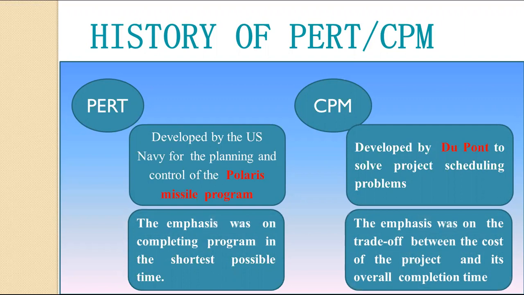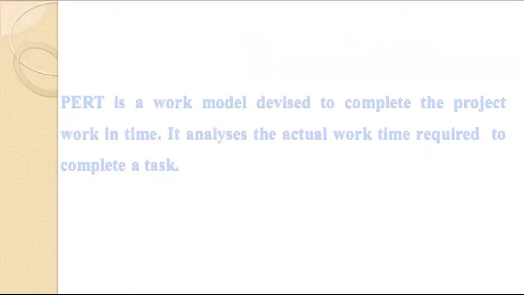We estimate the shortest possible amount of time each task will take, the most likely amount of time, and the largest amount of time a task might take, in case things do not go as planned. PERT is calculated backward from a fixed end date, since contractor deadlines typically cannot be moved. Coming to the definition of PERT.